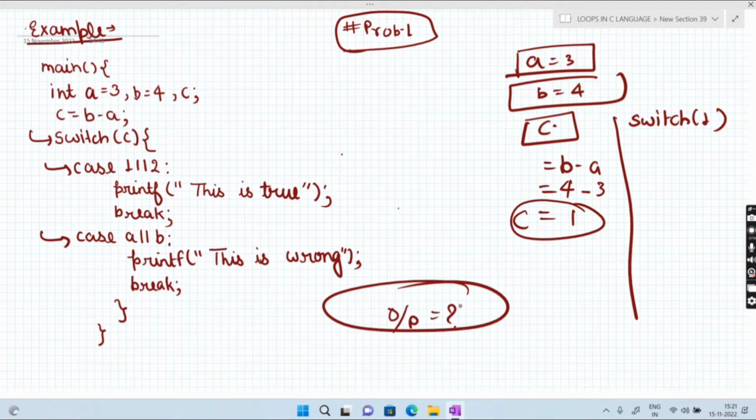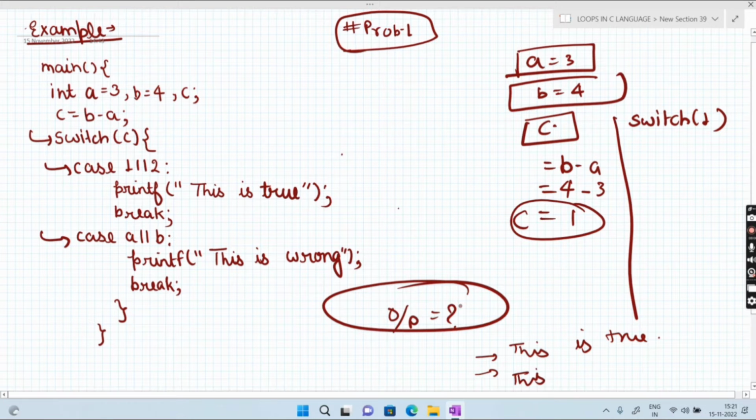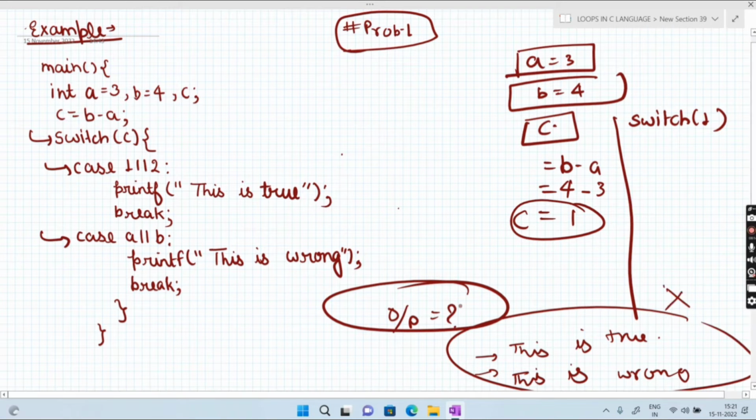If you give me the answer that the first is true, and if you give me the second answer that this is wrong, I will tell you that both of these answers are wrong, because the output is a syntax error.